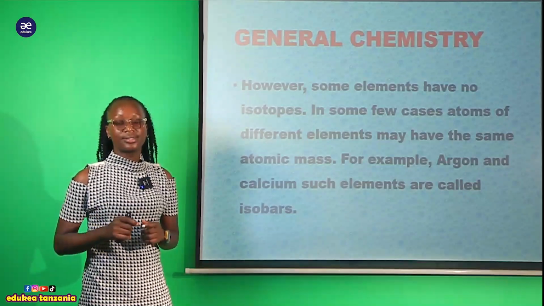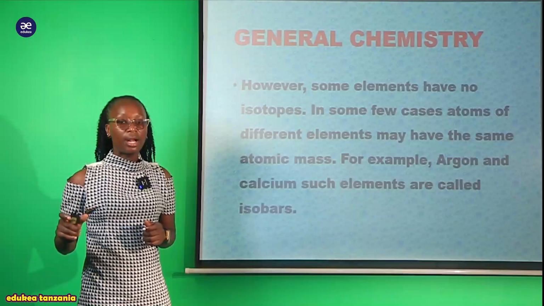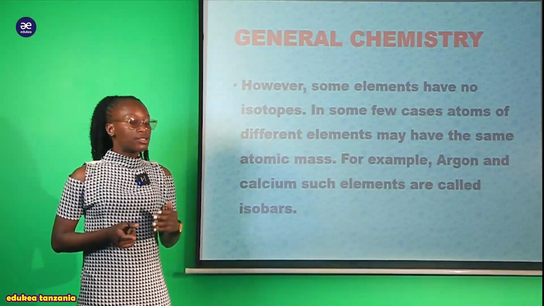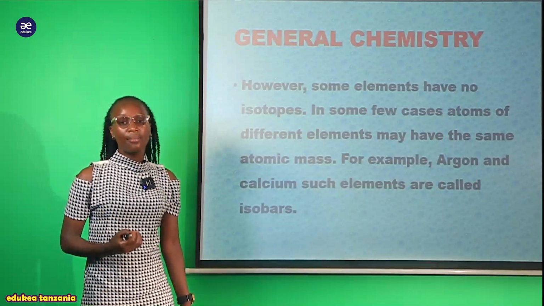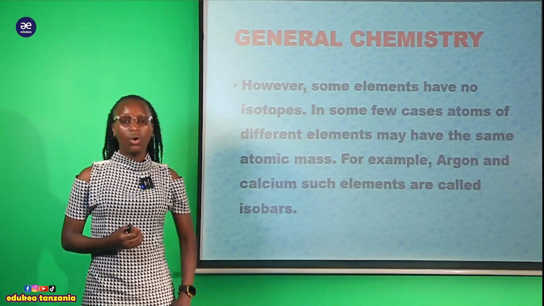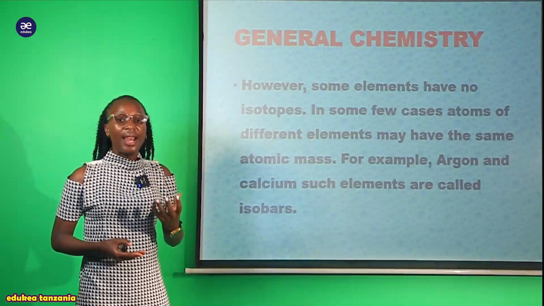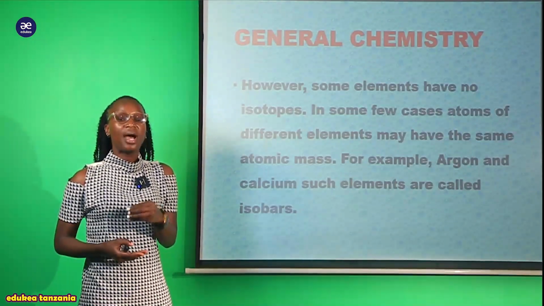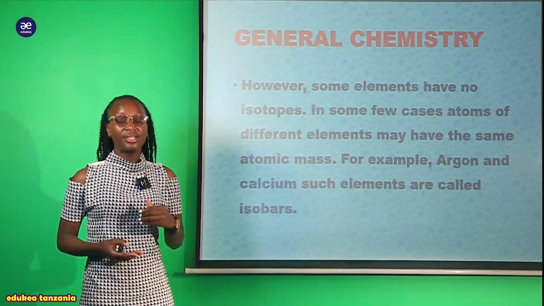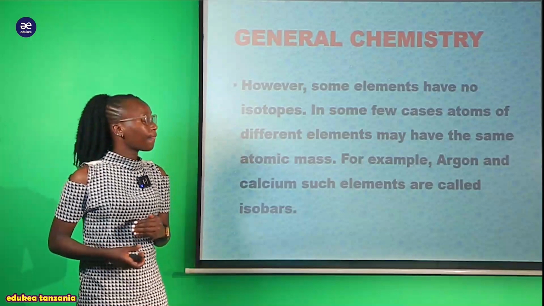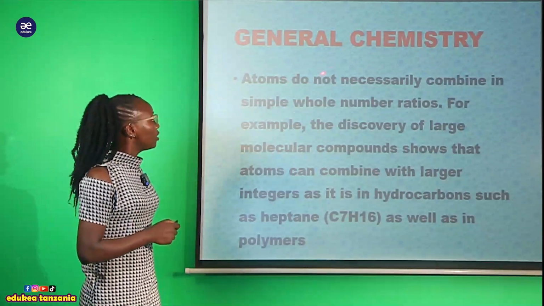Those noble gases, or stable elements, in group number 8. So can you say that the argon and the calcium tend to have the same molecular mass or atomic mass. That's why we come to say that different elements may have the same atomic mass, but different atomic numbers, and this is what we call isobars. Okay, another one is atoms do not